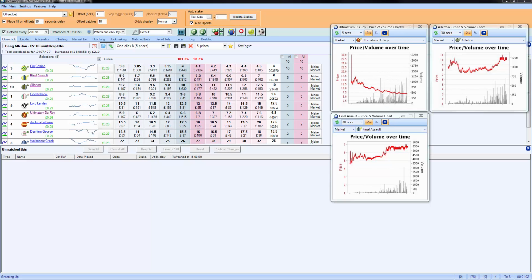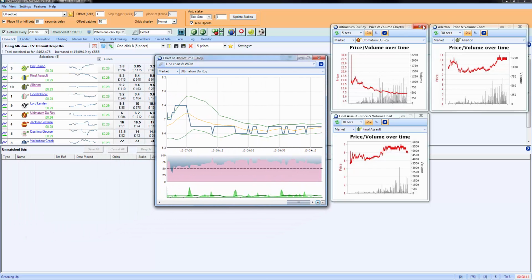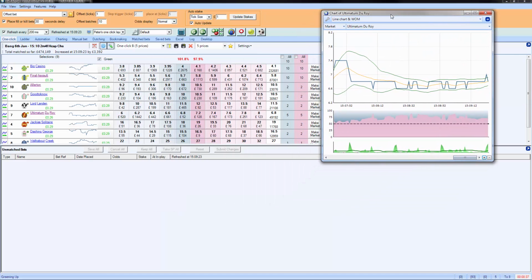Now what we're going to do on this same market, we're going to stop trading it momentarily because I want to show you, we've looked at micro charts already, we've looked at the Betfair charts already, but we do have a very powerful tool in BetAngel, which is the advanced charts. These can be used on any screen that you wish, and what we're going to do here is instead of using the Betfair charts, we're going to close those down and we're going to use the much more sexy